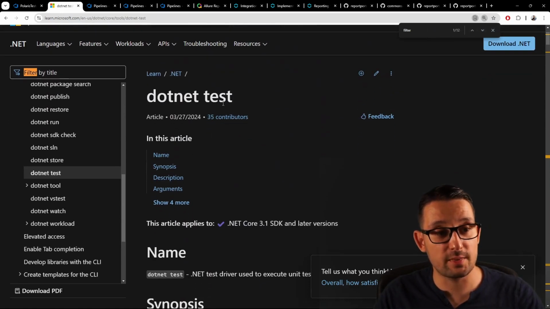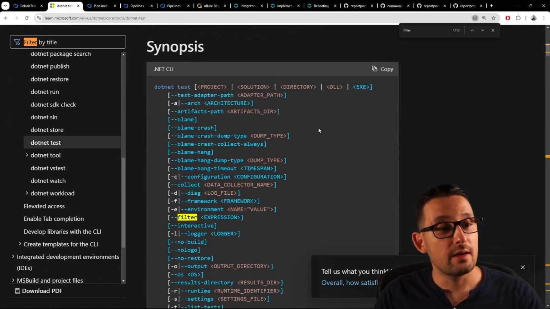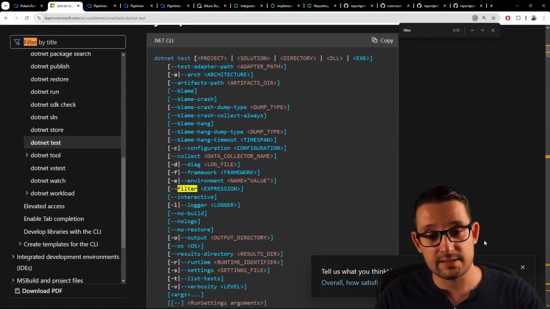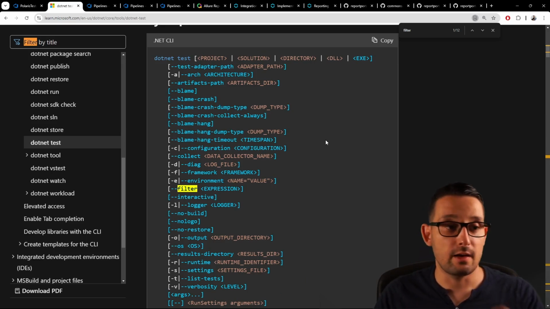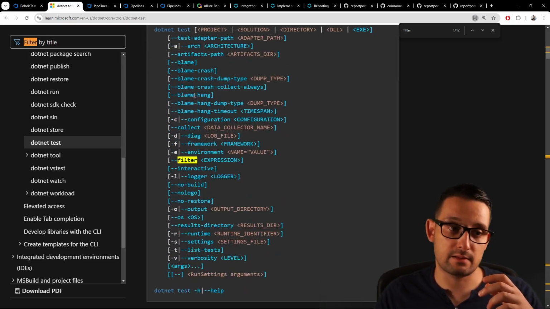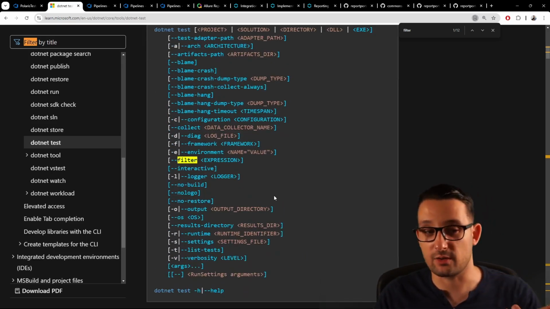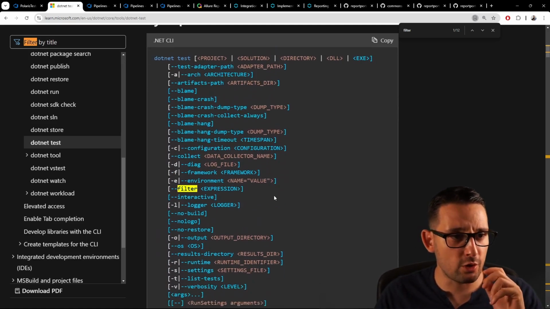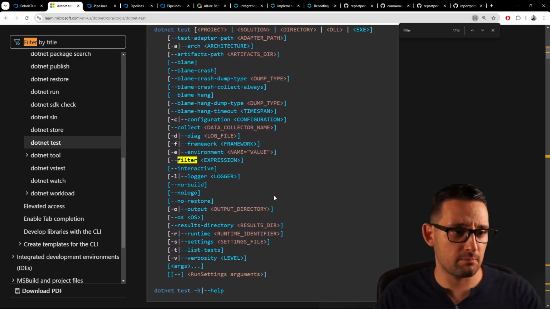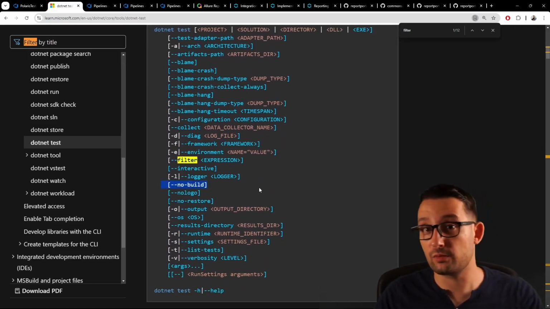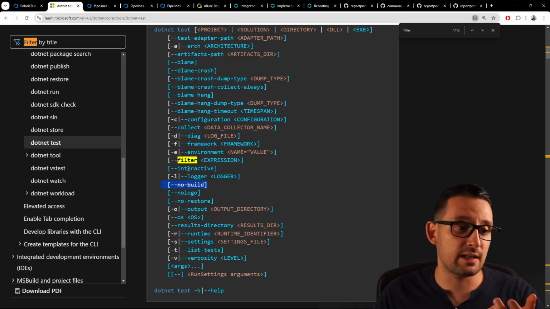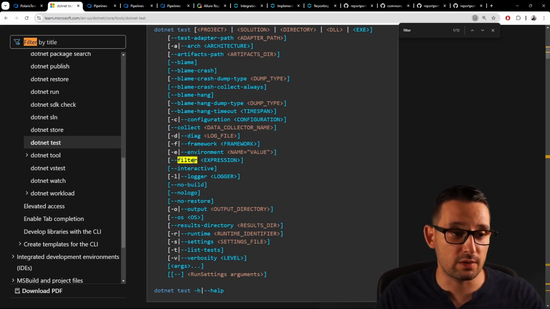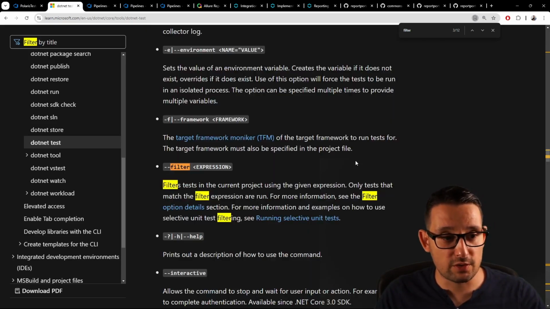This is the official documentation about the .NET test. As you can see, this CLI command helps us to run our tests from the command line, and it has a lot of arguments, right? We're going to use a few of them, only no build, which means that we are going to build the project in another step, and then we are going to use the filter. If we search for the filter,